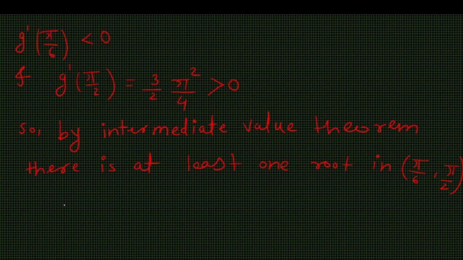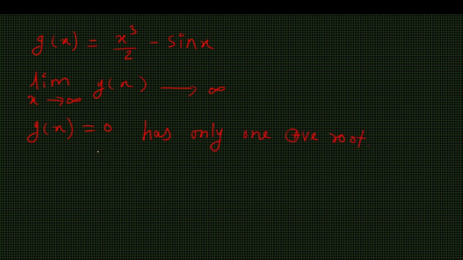Now take g of x. g of x is equals to x cube by 2 minus sin x. Take limit as x tends to infinity. It will give infinity value. We can say as x tends to infinity, limit of g of x tends to infinity. So we can conclude that for positive values of x, g of x is equals to 0 has only one positive root. And also